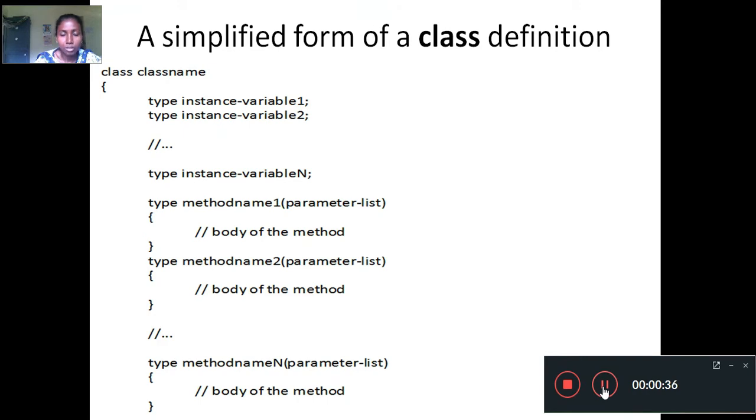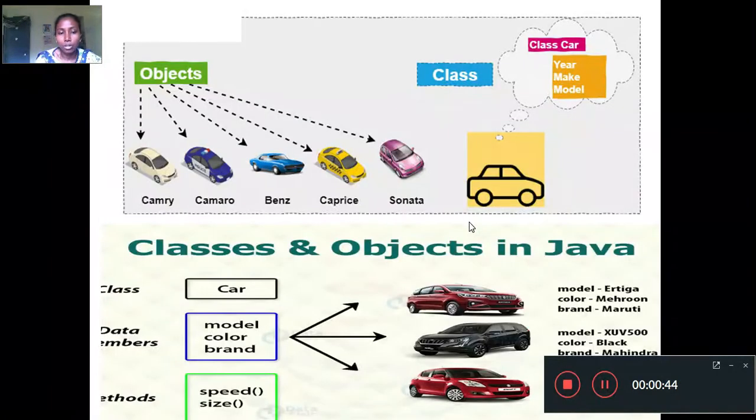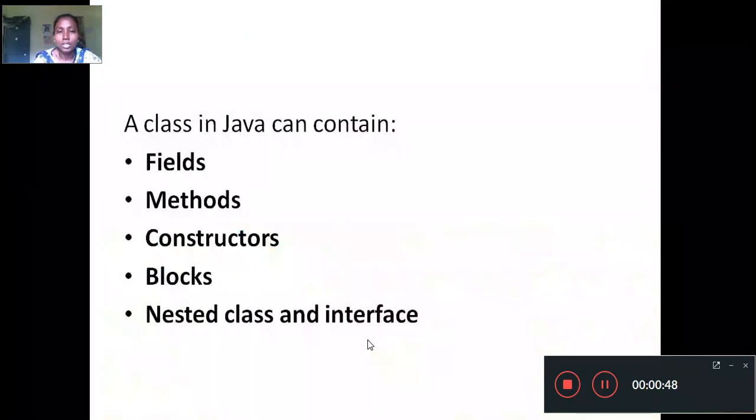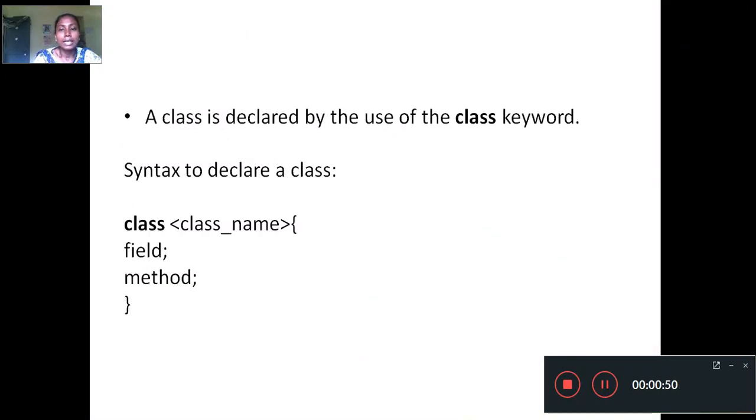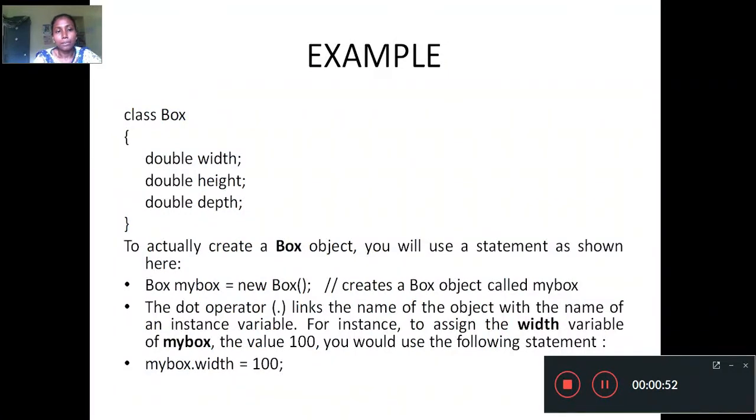Various methods will be defined, like in the case of a car there are various methods, such as speed and the size of the car, which vary. Now let's see some small examples. Look, class, then the class name Box. The class name always starts with a capital letter.